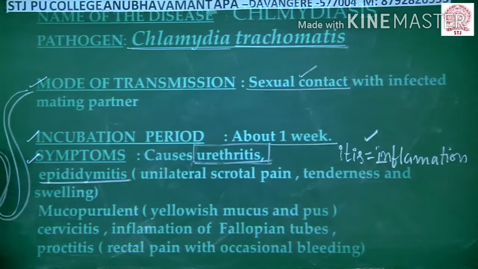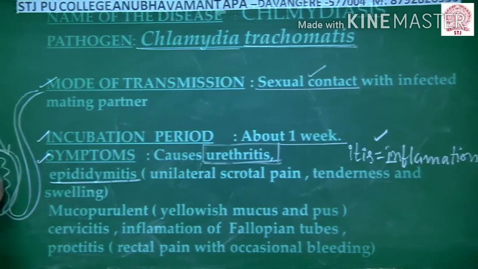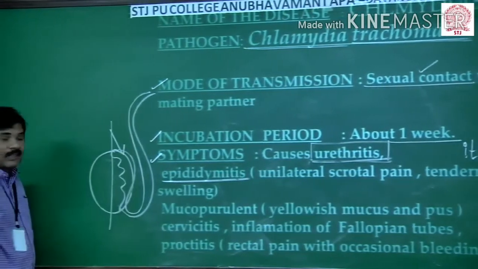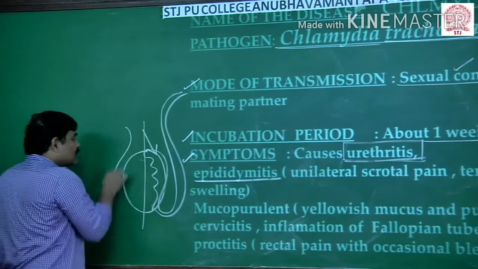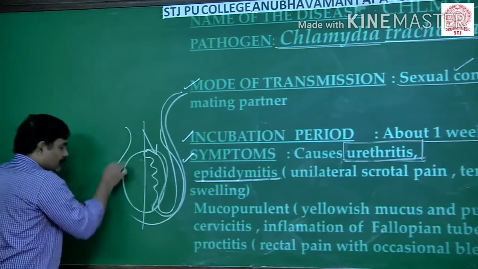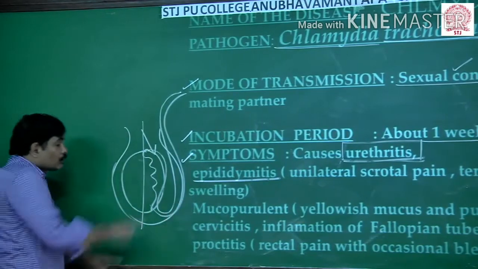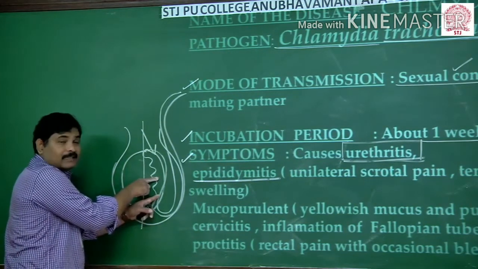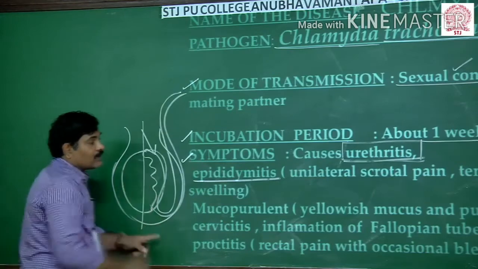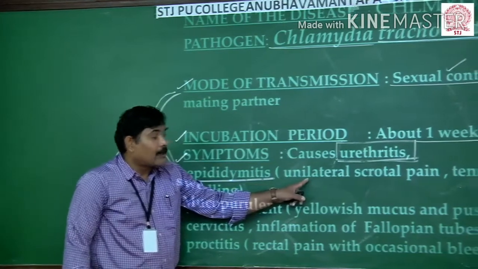So this condition is known as epididymitis. And here the point to be noted is that the epididymis is present only at one side of the testes, either side is not possible. So this testis is present in the scrotum. Since this epididymis is getting infected and swelling is taking place within it, you can see unilateral